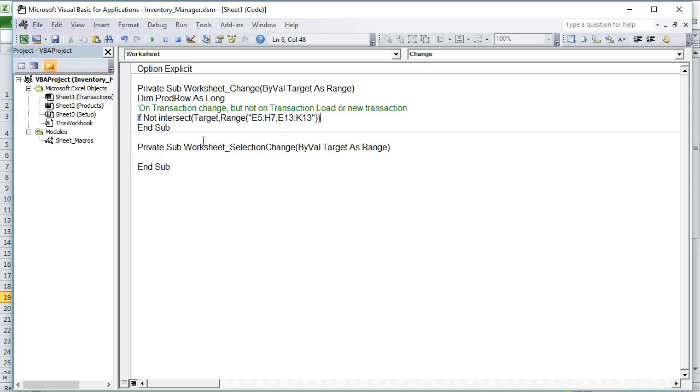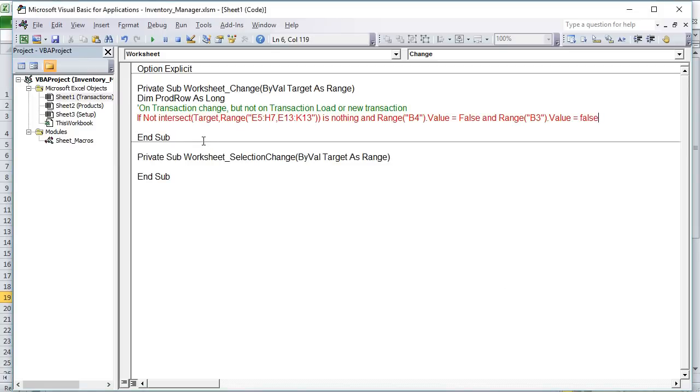And then we can say is nothing, and range B4 is false, so we have to make sure B4 is false as well, and B3 is false. So new transaction and transaction loading, both of those must be false, so we need to write those in. And range B3 dot value equals false. So both of those conditions must be true in order to handle that. So let's go ahead and update that. Then